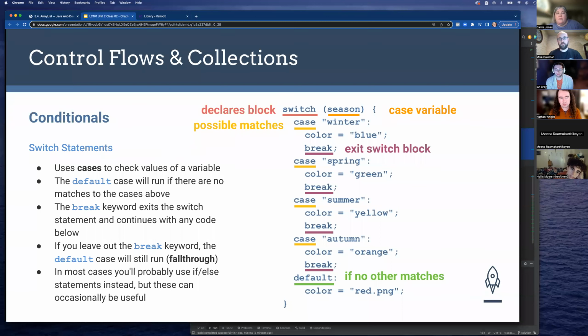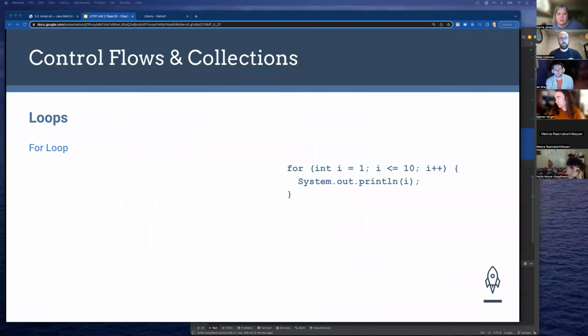Okay. I was going to live code that, but I think I'm going to focus on loops. So let's talk about loops. A for loop is very straightforward. This is pretty much what you're used to. The exception